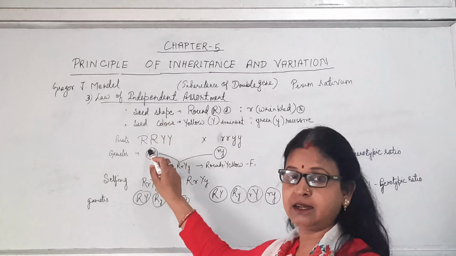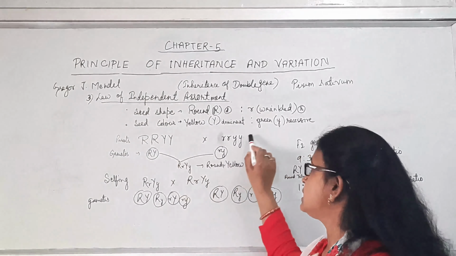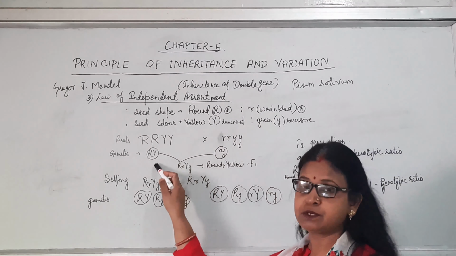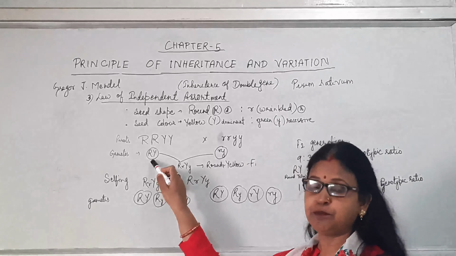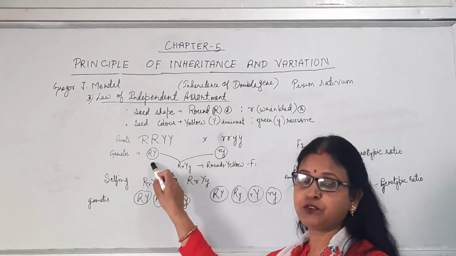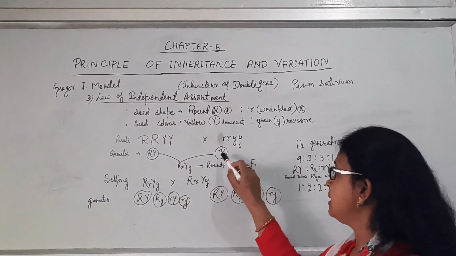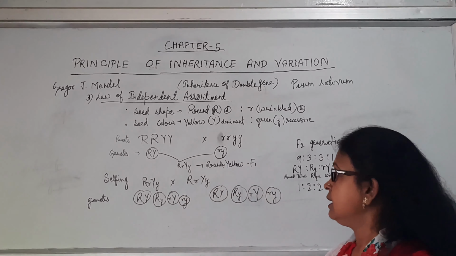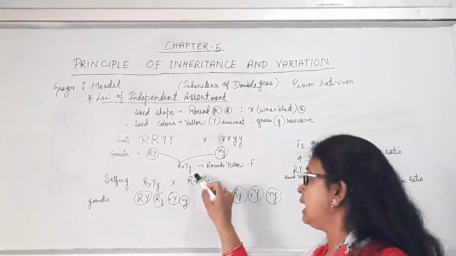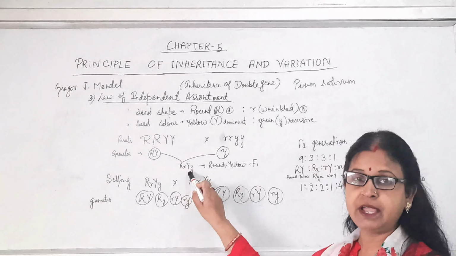The parents are, this parent is purely round and yellow, and this parent is totally green and wrinkled. Now they are allowed to produce the gametes. The pure gamete here is round and yellow, because the half number of chromosomes will enter the gamete, that's why capital R, capital Y, and here again small r, small y. Now they are allowed to fuse or cross in the first filial generation, and the offspring was capital R, capital Y, small y.